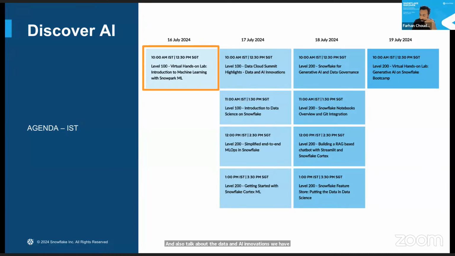And we are announcing them day in and day out. You would see this on our Snowflake handle as well. We are going with, so this is the year of GA. We are calling it All Things GA this year. We'll talk about data science. We'll talk about MLOps. I know a lot of you have been asking about MLOps with Snowflake. And then we'll go into the likes of Git integration, RAG-based chatbot, and we'll go into a feature store because why not? Let's make data science more easy, accessible, reproducible, and reusable.